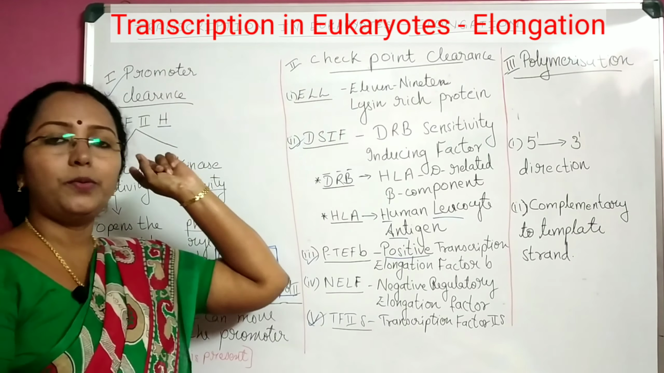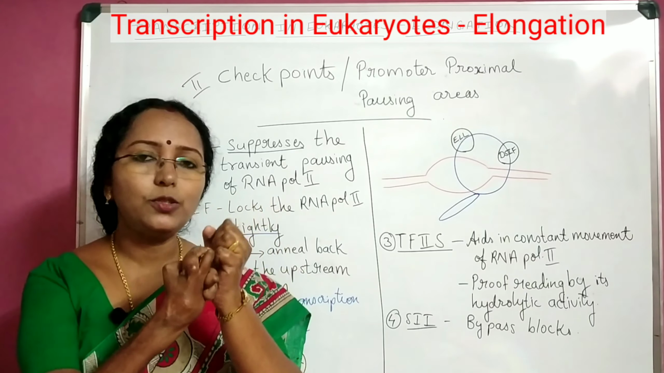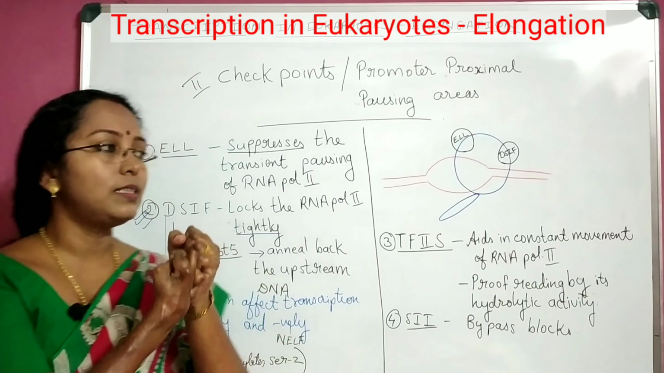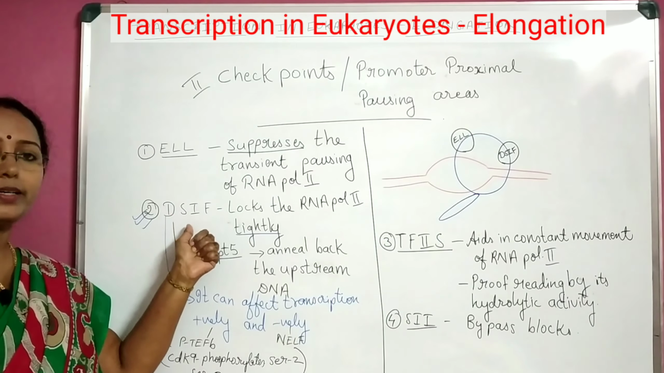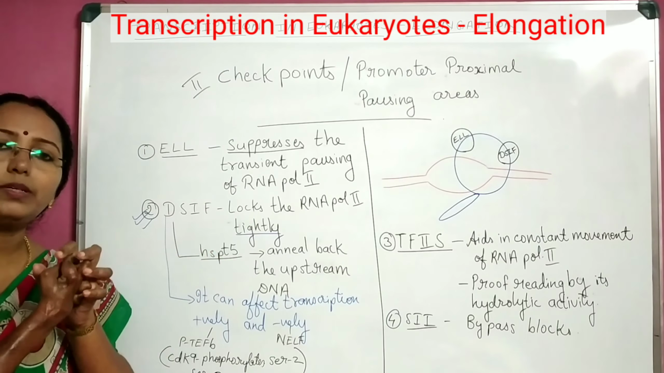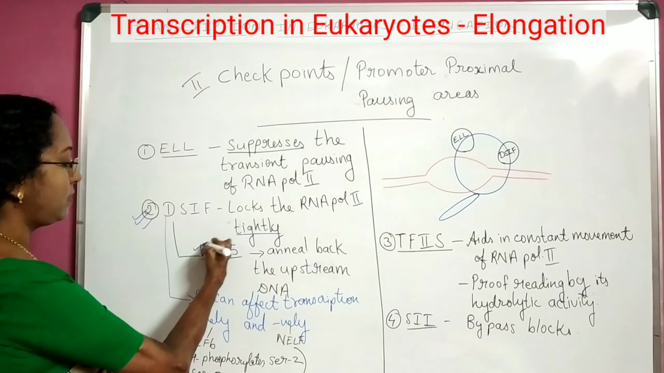If it is moving away from the DNA template, the whole process is gone, isn't it? It has to be strictly there with the DNA template. So there should be somebody to hold it very tightly to that DNA template, and that is done by DSIF. So literally it locks the RNA polymerase tightly to the DNA template so that it is not moving away out of the DNA molecule. Now this DSIF has an important molecule in it. It's called